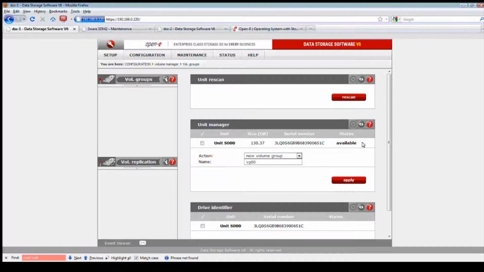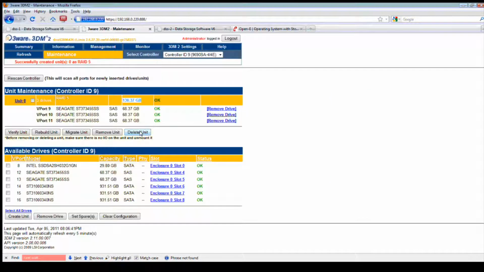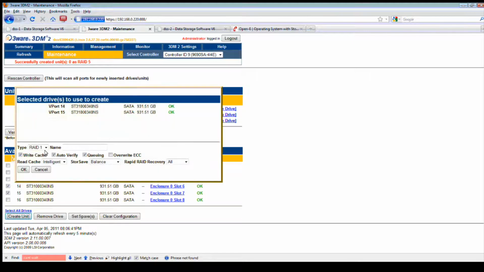Now keep in mind, let's say I have a database for SQL or even for Exchange, and I need really high performance out of the volume group, so I created a unit with the SAS drives. Now let's say I wanted something a little bit more for just file recovery or file retrieval, or even a repository for your data. I'm going to use the SATA drives. So let's go back to the 3ware array controller. And here you'll see that I have some SATA drives. They're about 1 terabyte each. And I'm just going to create a RAID 0 again,